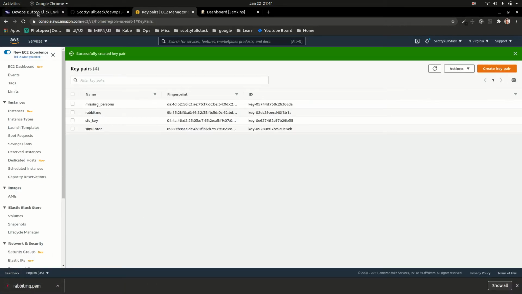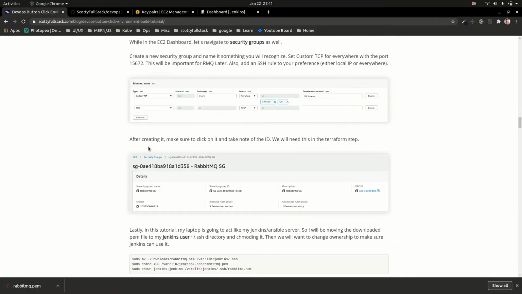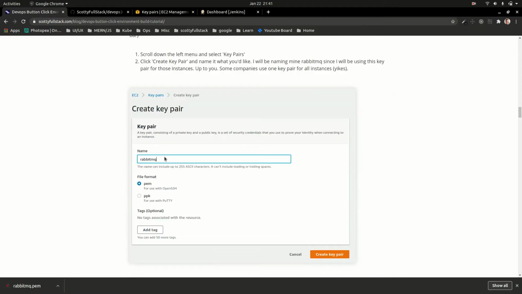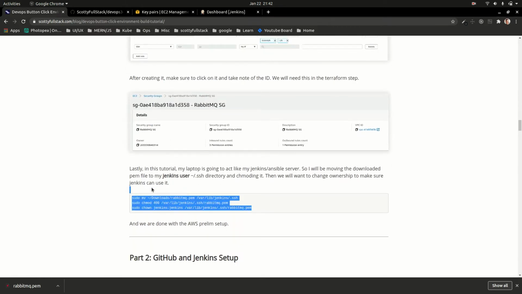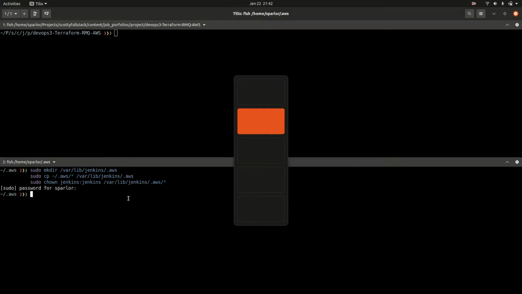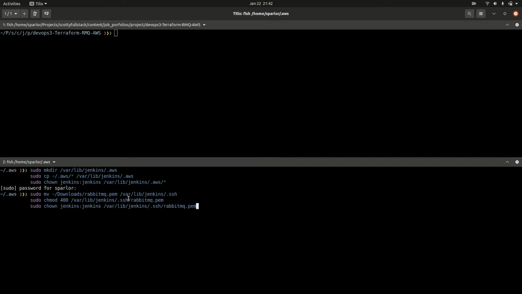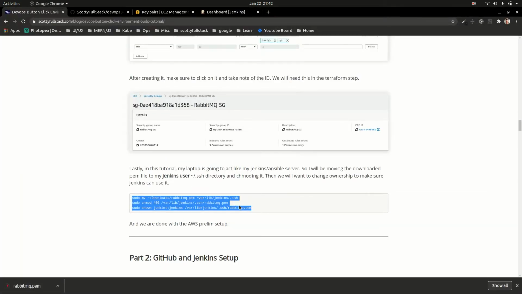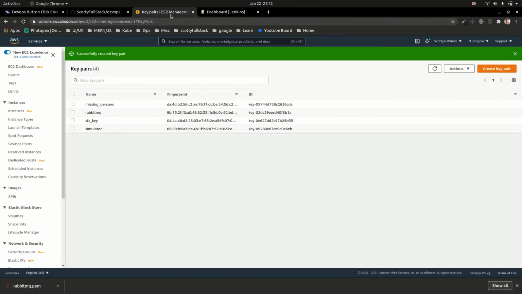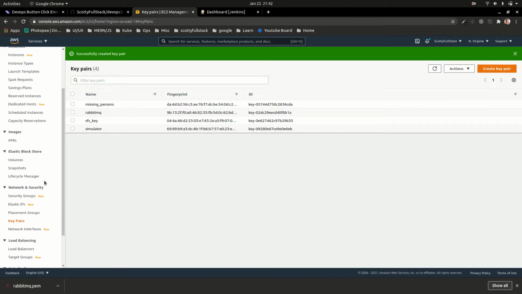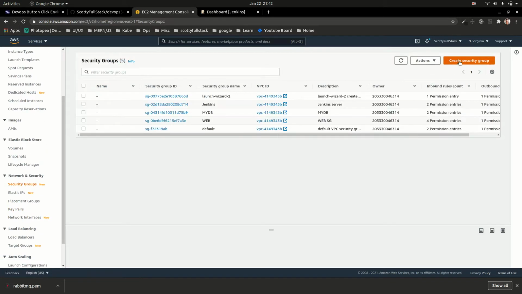And again, what we want to do is add this to our SSH in Jenkins. So what we can do is just grab it and put it down here below the security groups. And I'm going to do that. Okay, so that's been moved over to Jenkins, chowned and permissioned, so we can jump in there. And then come over here and you can check to just make sure, but I want to go ahead and jump over to the security groups in the EC2, create,